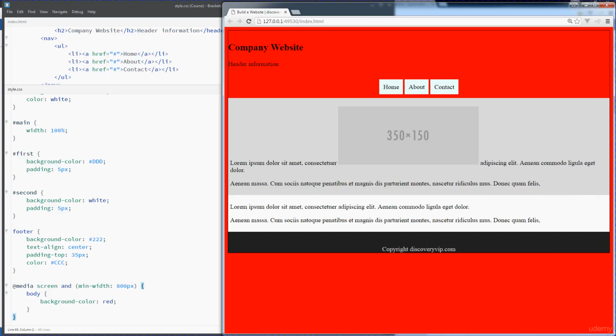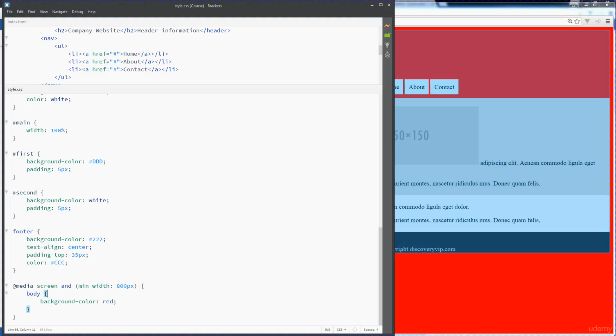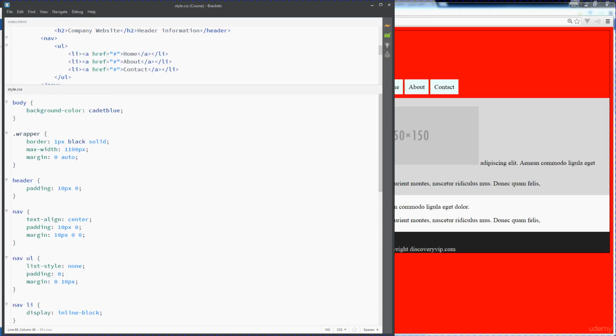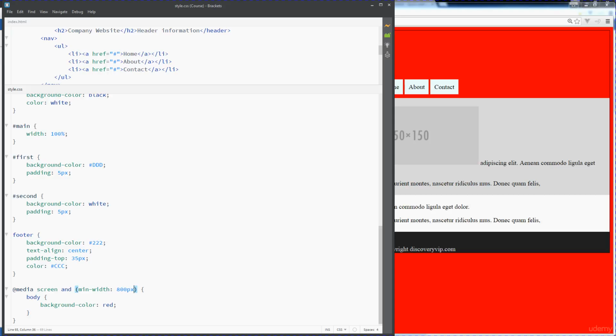So once it's off of a tablet or on a desktop, we want to present it in a different way to our visitors. And this is where this media screen comes in, and we see that it takes effect. So we get a background color of red, which overwrites that background color of cadet blue once we hit that larger size. And so basically this means that this is where we need to set all of our additional styling,